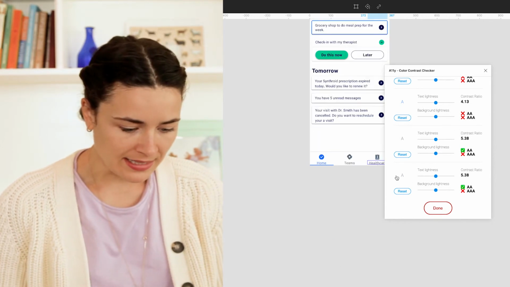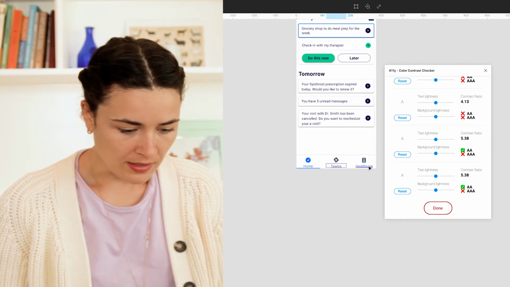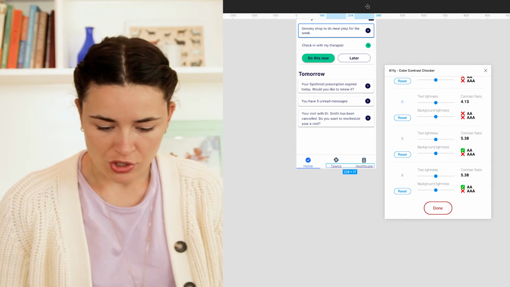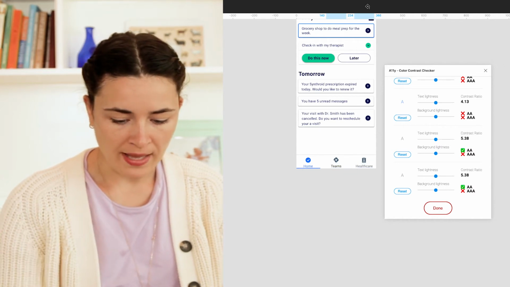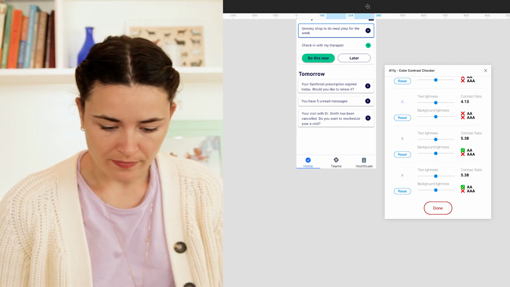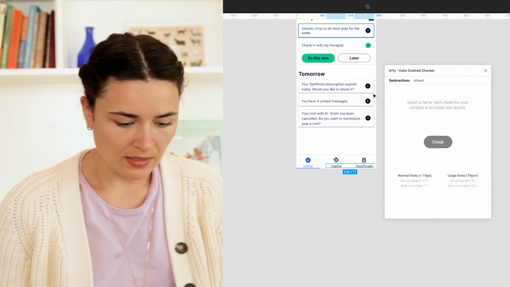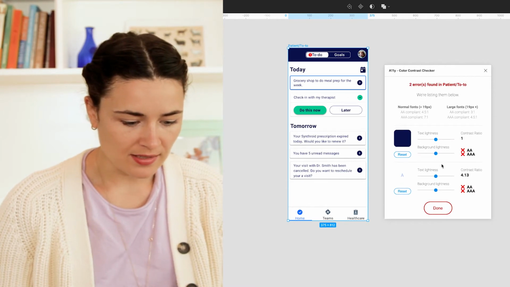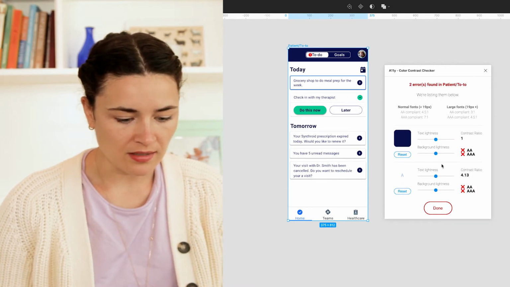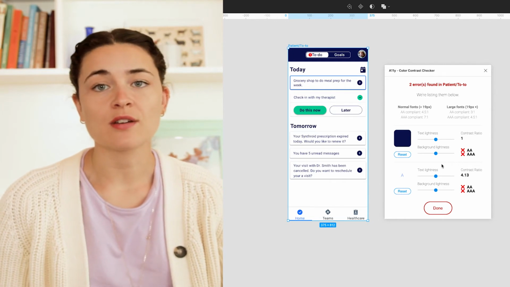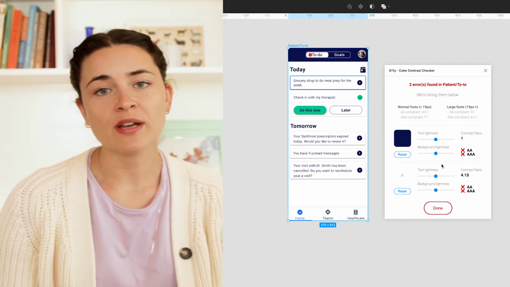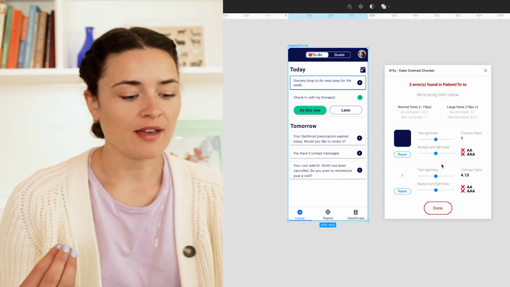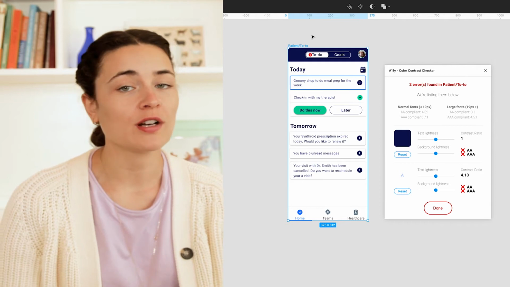So here I see that, let's say, healthcare and teens seems to be a little bit too light. So let me change it to, for example, black. And I will select the frame again and check it again. And now you will see that, oh, now it is solved. The contrast is high enough. So you can play around, especially if you are choosing a new color palette. This is very useful to try to see how you can optimally choose your colors to make sure that the